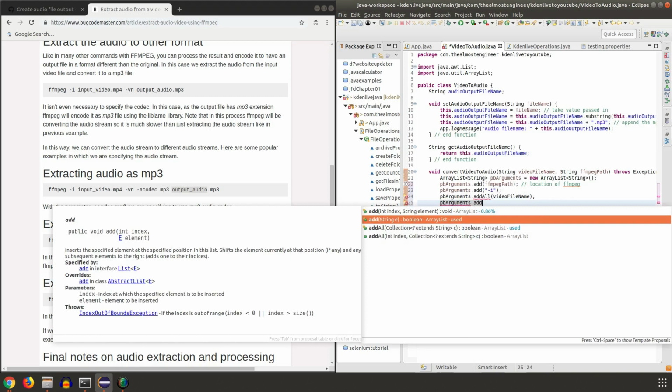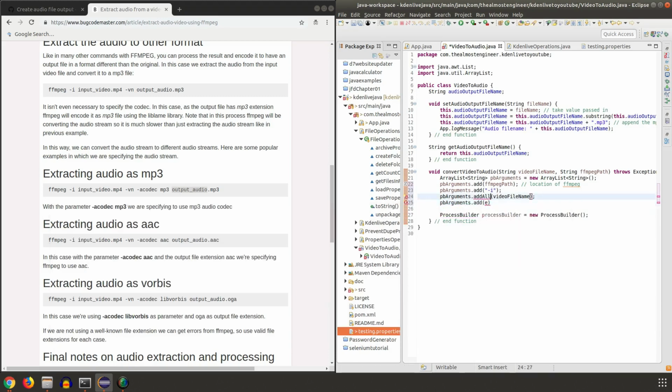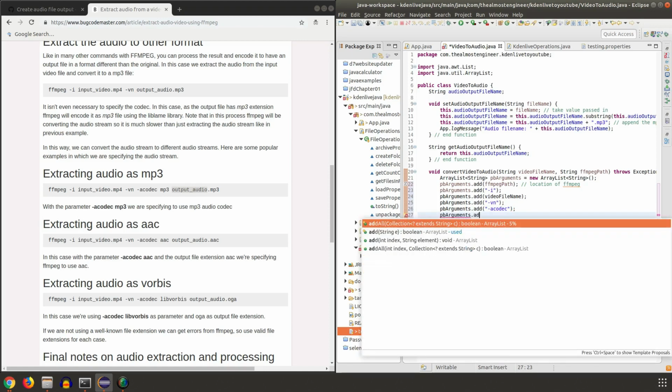Add, whoops. This is supposed to be add, not addAll. So correct that. In quotes "-vn", pbArguments.add. Add only, okay. And in quotes "-acodec", pbArguments.add,